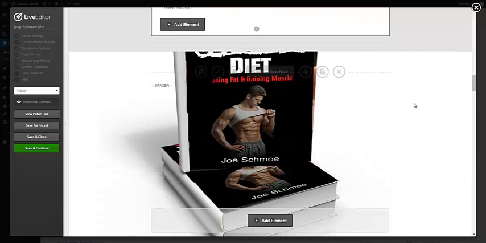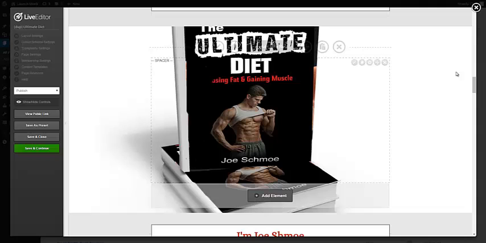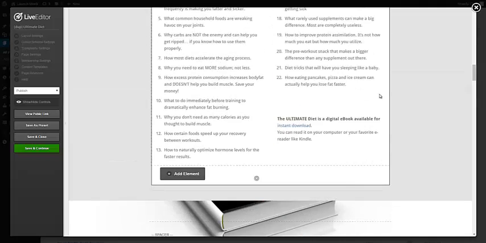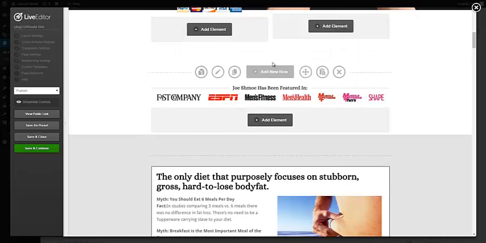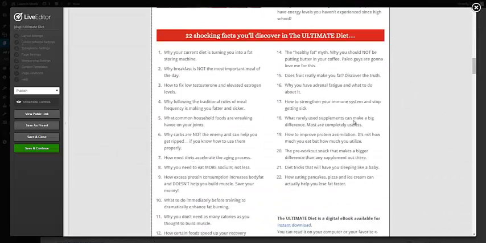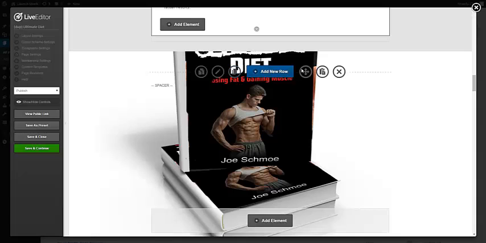This is the parallax image here. To get to this, you need to know what row this is. So if you change any stuff up here and remove a row, that will mess up this parallax thing because it's all dependent on what row it's in. So if we go to the normal view public link,